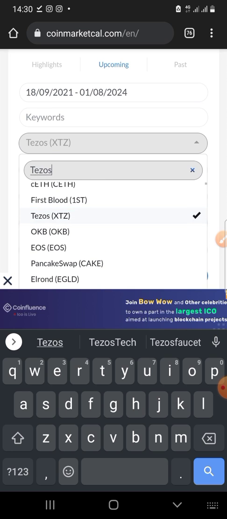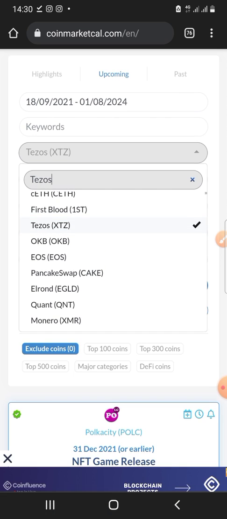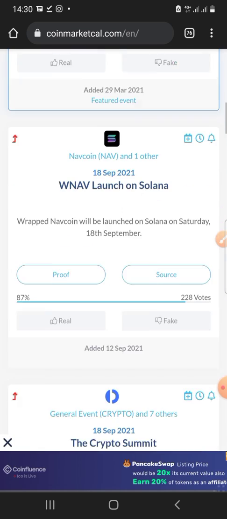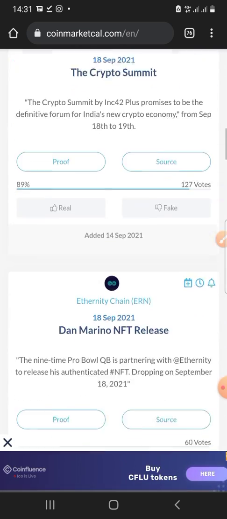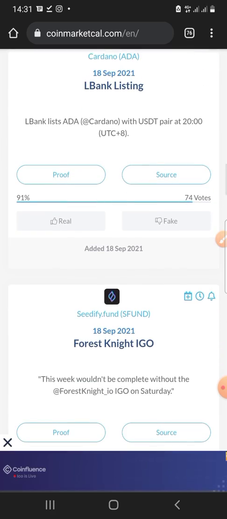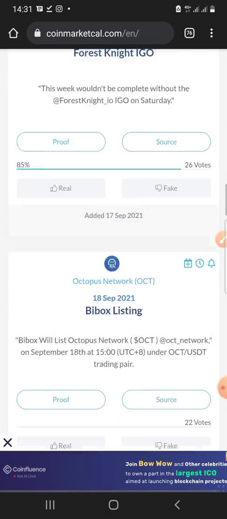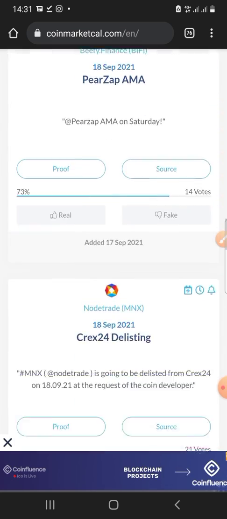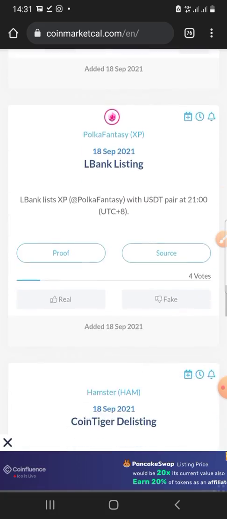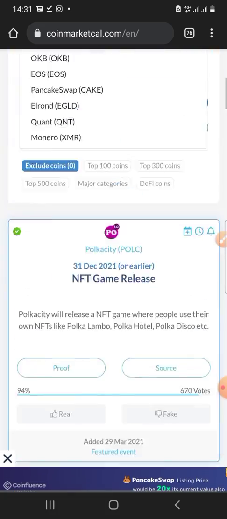It may be that there may not be any upcoming events, sorry. So if that's the case, that's not a problem. So you just search for it. Okay, so all these are other crypto projects and their upcoming events. Eternity Chain Cardano is having an event on 18th September. Yeah, that's today. So you can just search for the news, and these news have an effect on the price of a particular crypto, right?